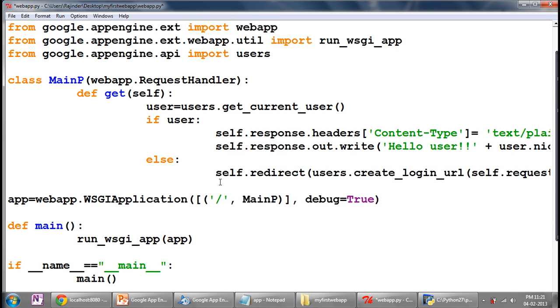Create a webapp object, create a main function, and tell Python which function to run.